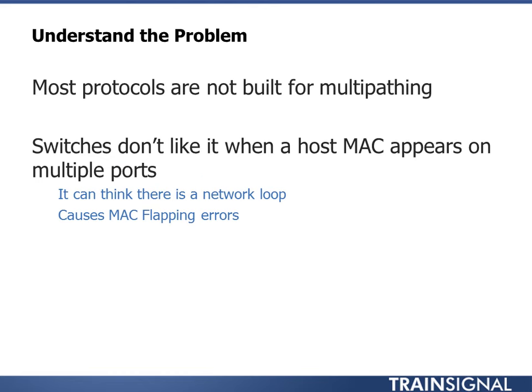So if I've got a VM and a vSphere server with 8 NICs in it plugged into some switches, those switches often don't like it when that VM's source MAC address appears on port 1, then port 4, then port 2, then port 6, then port 3, then port 8, then port 1. It thinks something is going wrong. And often it'll think there's some sort of network loop. It doesn't detect the loop because spanning tree does that, but it'll start throwing MAC flapping or other errors